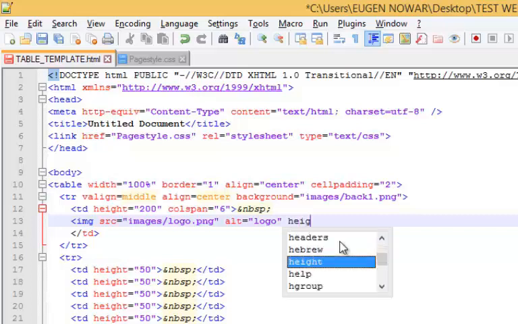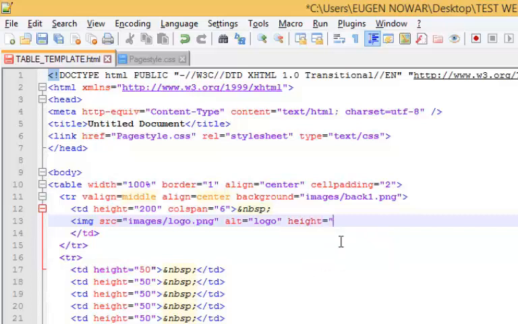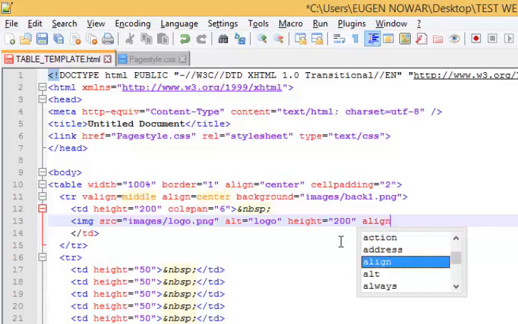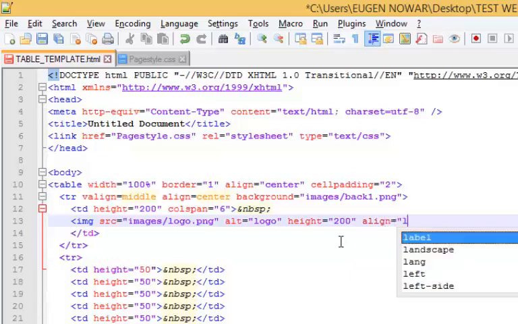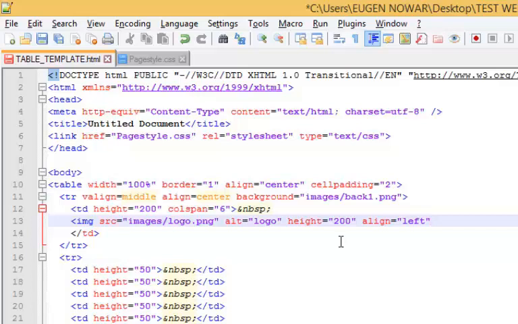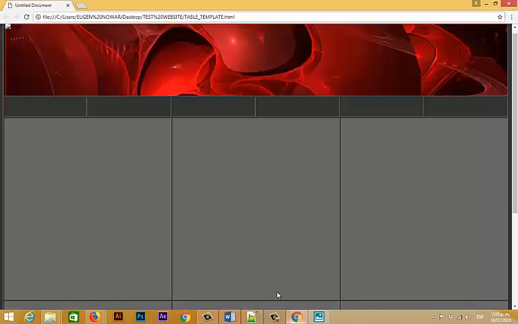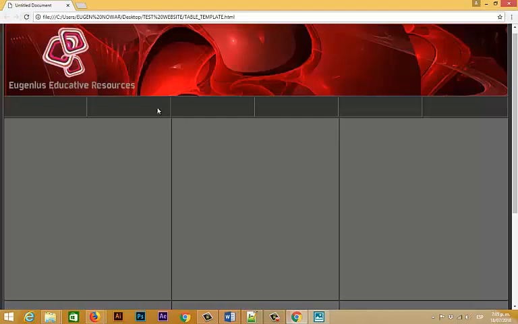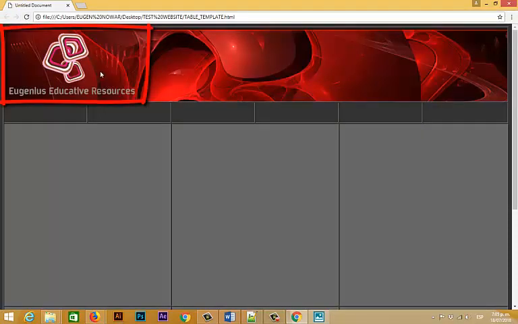For this image tag, I'm going to use 3 attributes: the source attribute, the alternative text in case we don't have internet or there are some problems, a height of 200 pixels, and we are going to put our logo to the left. Let's save, let's refresh, and now you can see the logo. This PNG picture has a transparent background,